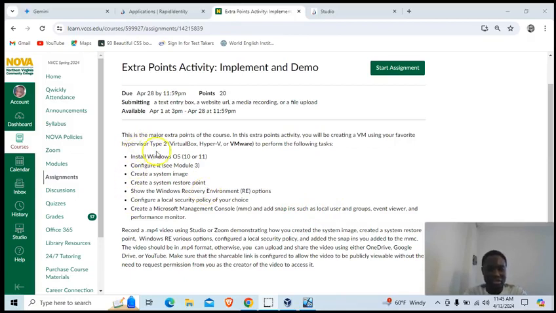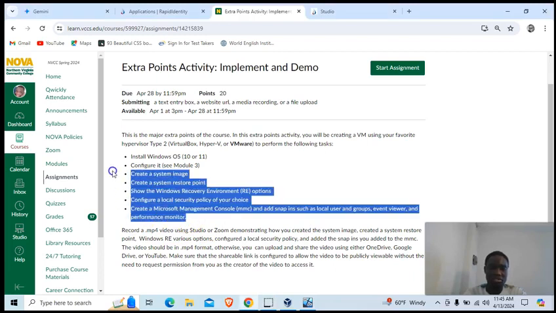Today I have another assignment that I'm going to do, which is to install Windows 10 or 11 and configure it, create a system image, create a system restore point, and then show the Windows recovery environment options. Configure a local security policy of my choice, create a Microsoft Management Console (MMC), and add snap-ins such as local users and groups, event viewer, and then performance monitor. So I'm going to create these, but